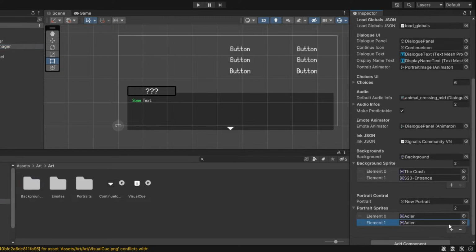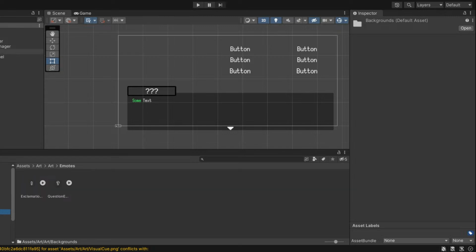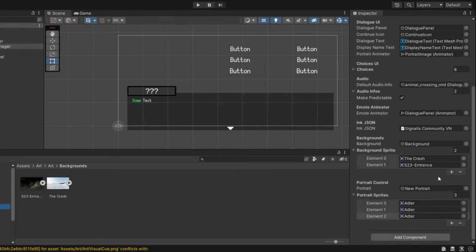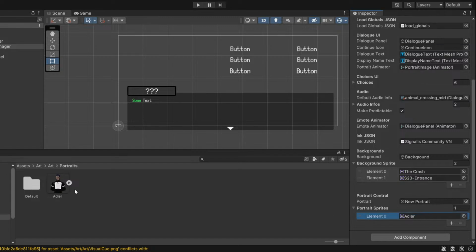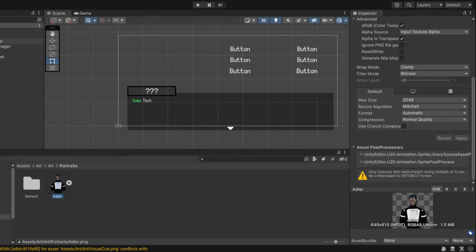So we can add the portrait sprites, very simple, not very complicated. For this example, I have this random project I worked on a while ago, which is the Adler. We love Adler. I think I only have art of Adler looking like this. Actually, I can go nab some art from my computer. And I think what's important to note here is that while this may seem a little bit chaotic at the moment, we are 5 minutes into setting it up, not even. And that's kind of the point of Inkcreer, it's meant to be